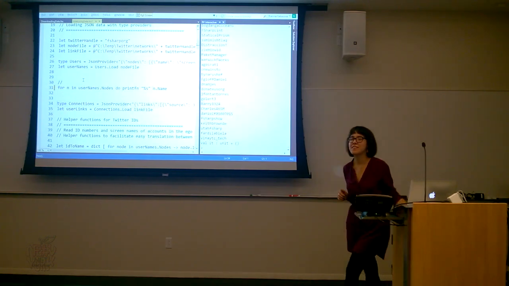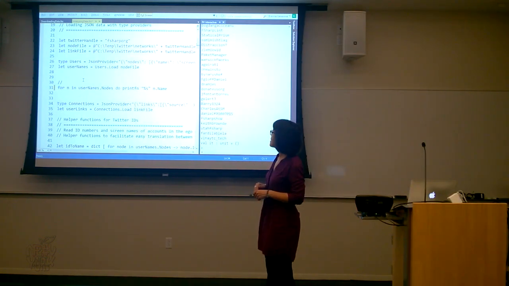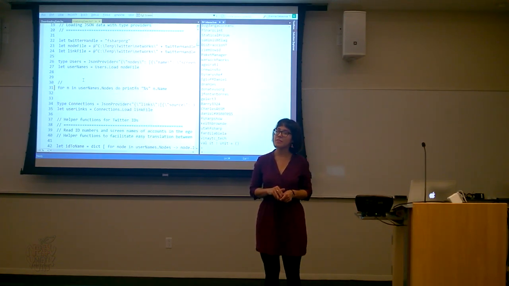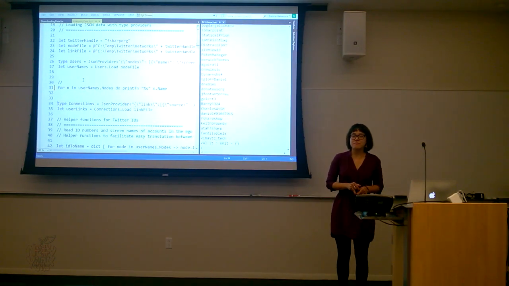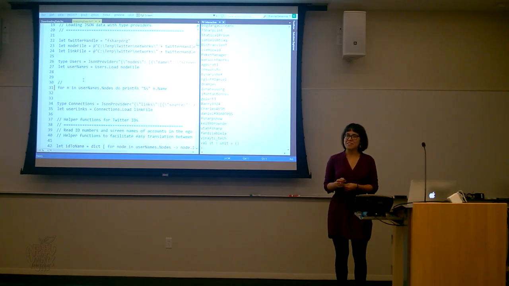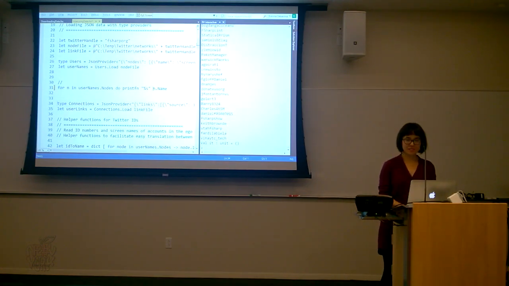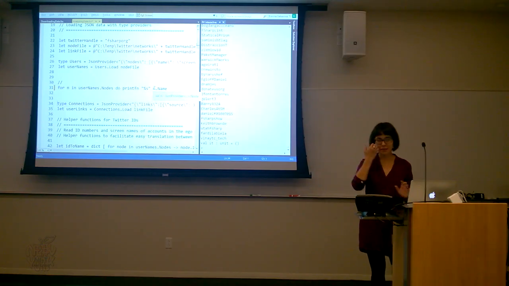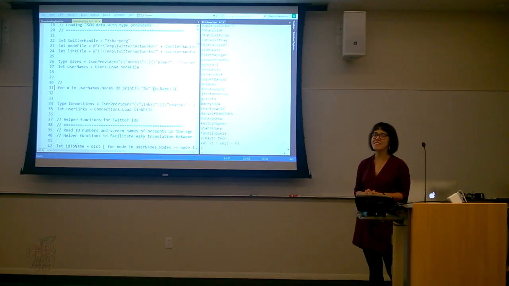Yeah? Something I noticed in F#, I often have to put parentheses around things that have dots in them. We didn't need to there though. n.name, printf %s n.name. We didn't need to put parentheses around there. But I noticed often I need to put parentheses around things with dots in them. Usually not when they have a dot in them, when they have parentheses in them. Because this is just a single element, but if it was a function, then I would have to put parentheses around it. Okay. If parentheses, not the dot, thank you. Yeah.